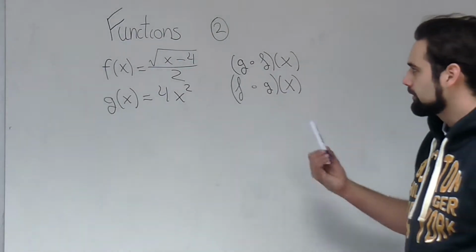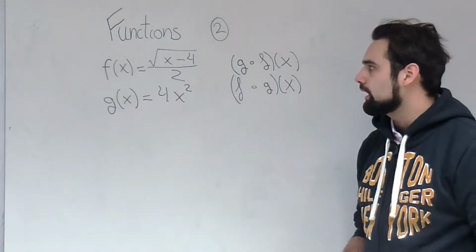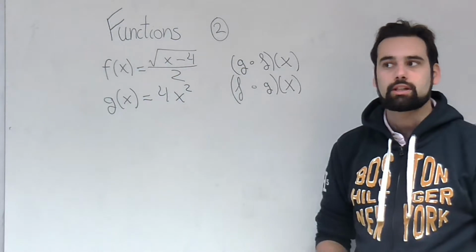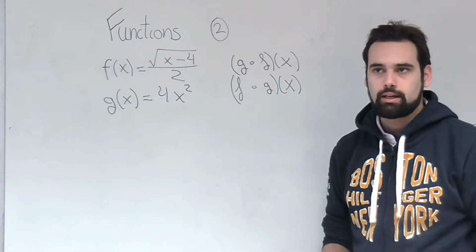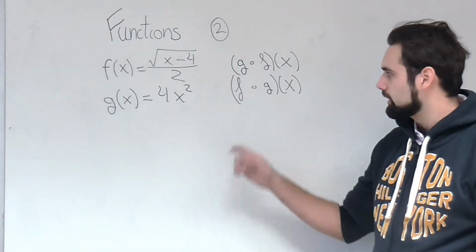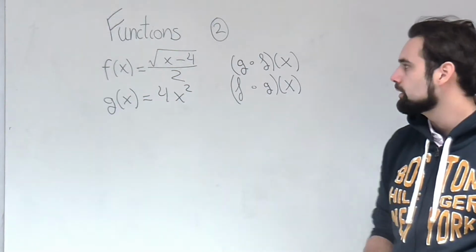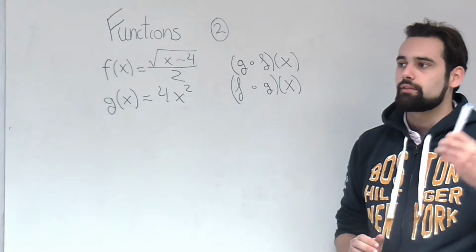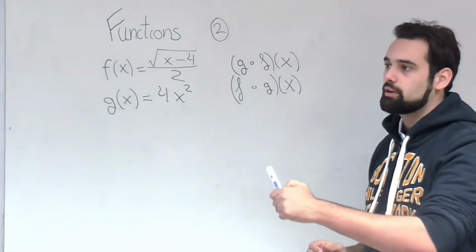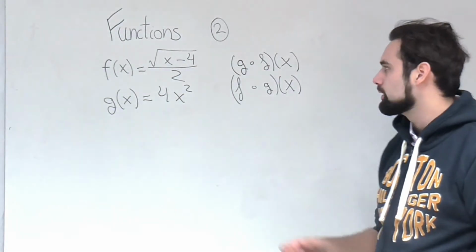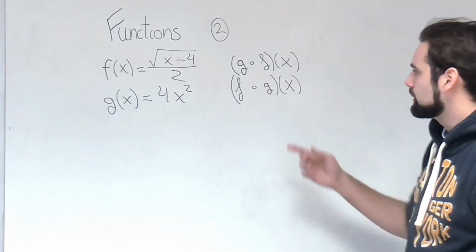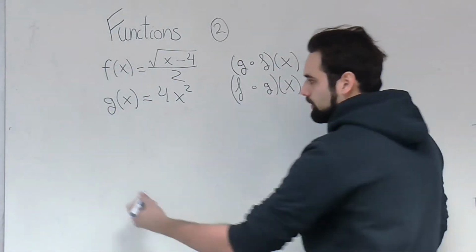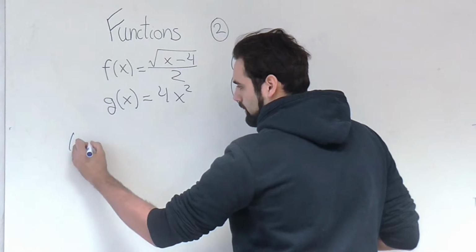So this is another exercise regarding functions, and we have the same function as in the first exercise, and we have a new function. And what we need to find here is the combination functions of these two. There are two combination functions that we can get, either the first one enclosed in the second one, or the second one enclosed in the first one. So let's first go to g of f of x. So this expression over here,